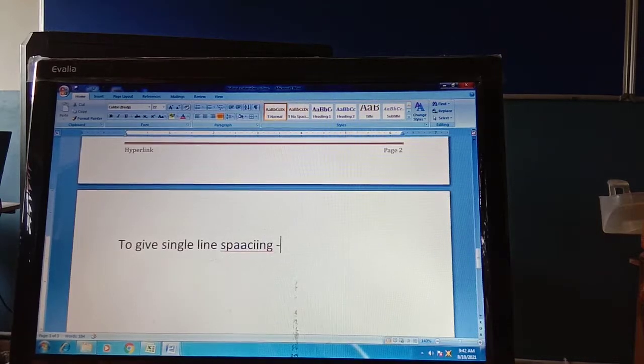If you want a single line space, wait a minute, the spelling is wrong, because my keyboard is typing twice. Okay, so it is CTRL plus 1.